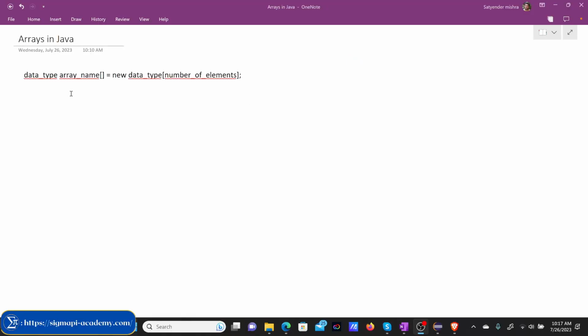So this is the basic idea about arrays. We need to know the data type of the array, the array name, the new data type, and the number of elements we have to say, right? So we can say that an array is a collection